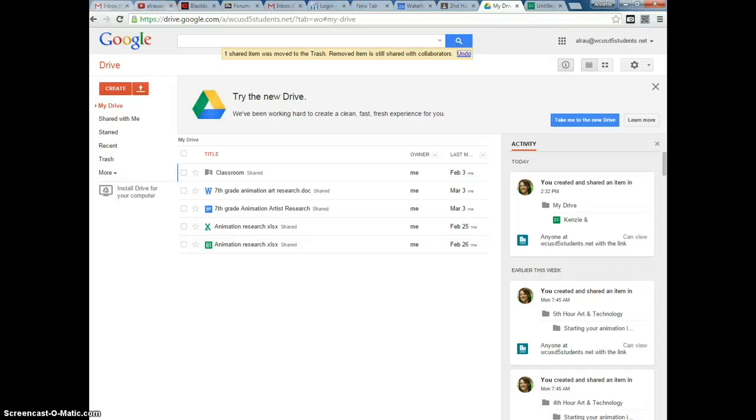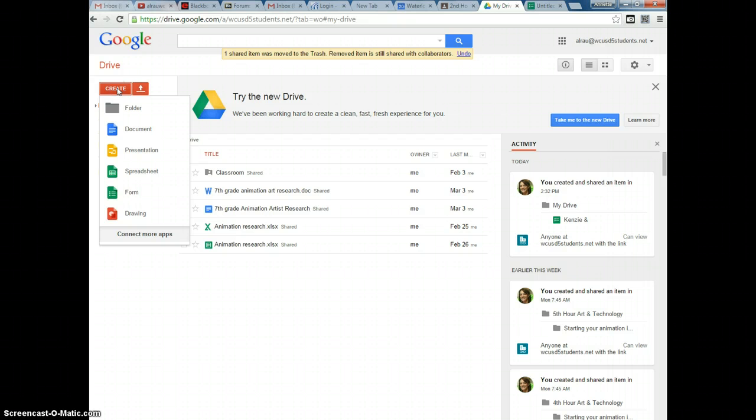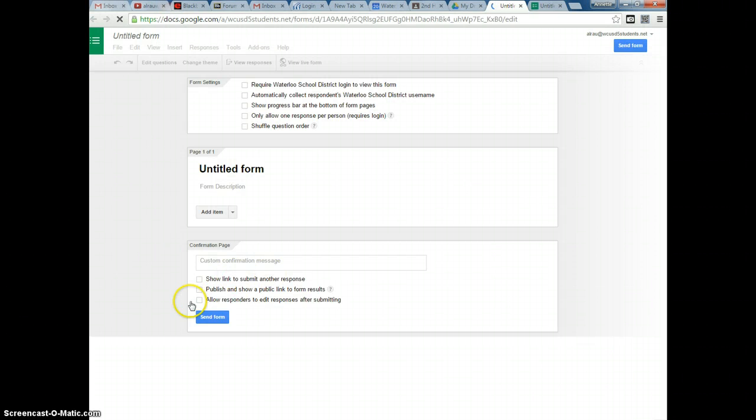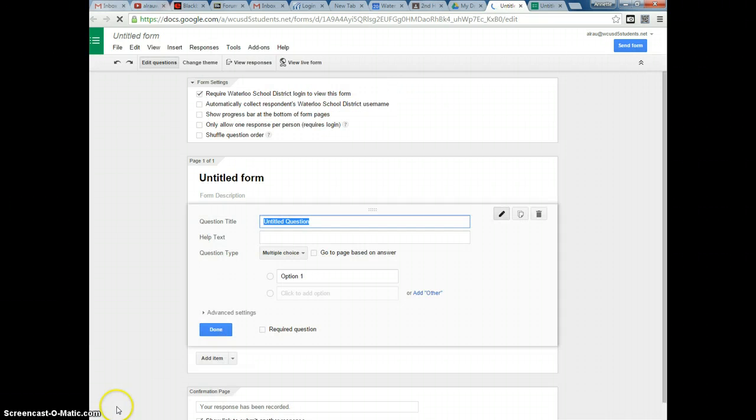Today we're going to be covering how to create a Google Form. Go ahead and open up your Google Drive, and to begin with, we're going to go to Create Form. This is how some of your teachers create quizzes and things for you to do